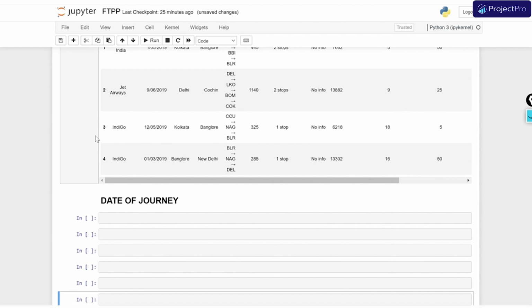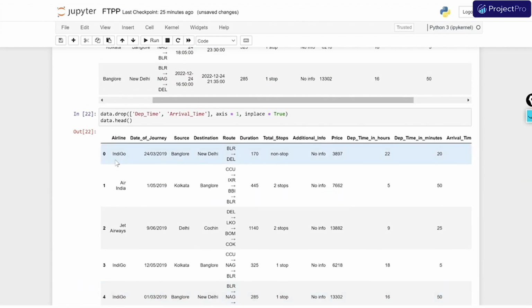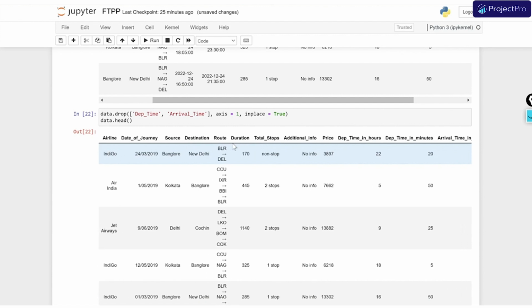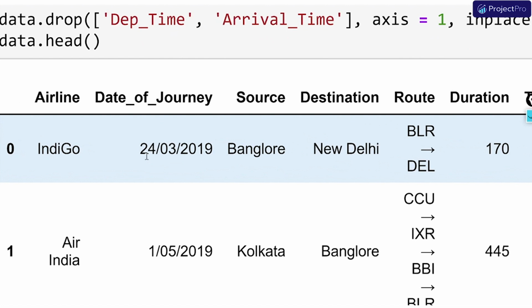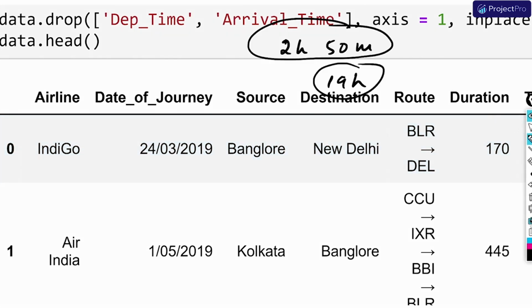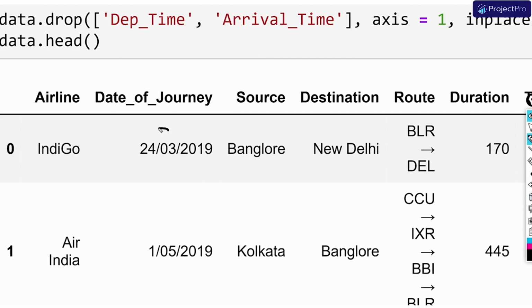Let me add a few more cells. So as you can see, we are interested to look at the date of journey. So let's look at the date of journey column. All right, so over here is going to be our date of journey column, and we are interested in extracting the months and the dates. So these are the days and these are the months that we're interested in,